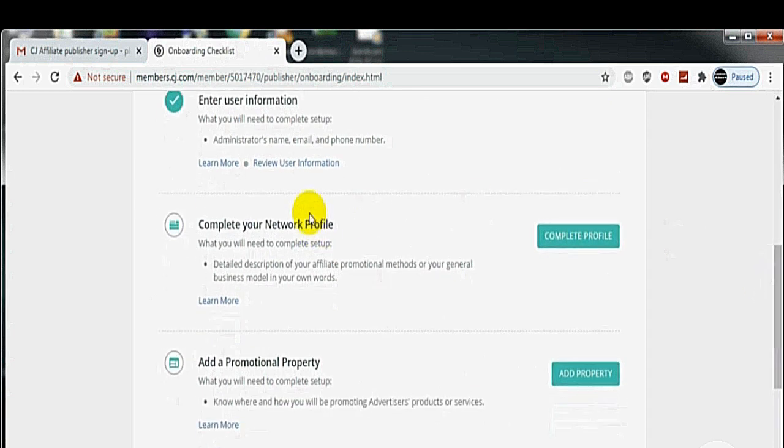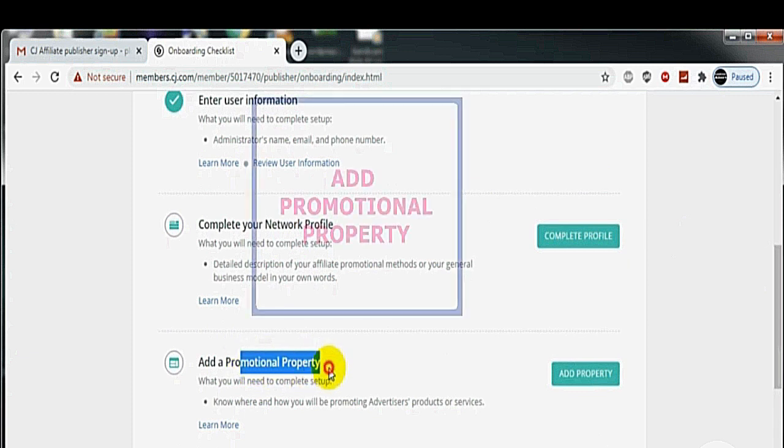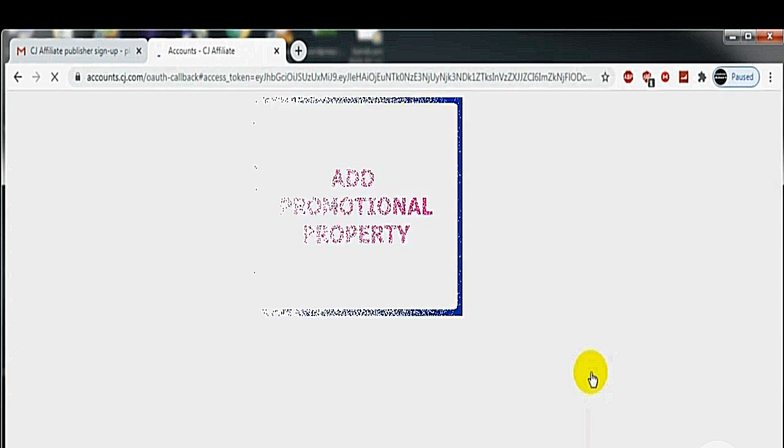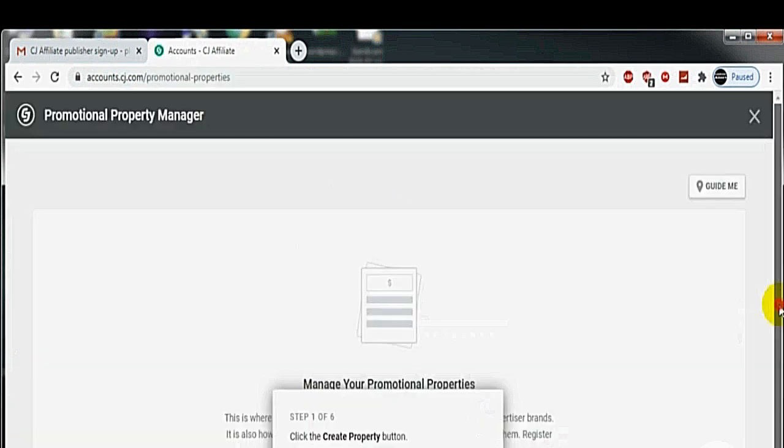After completing your network profile, you will have to complete this step, that is, add a promotional property. What is a promotional property? It means if you have any website or blog, the place where you will advertise the ads from your advertisers.